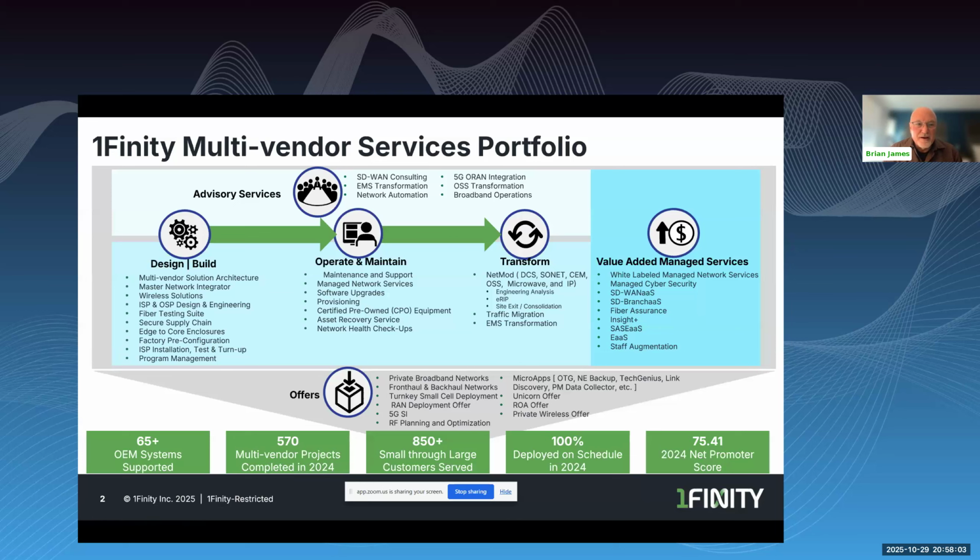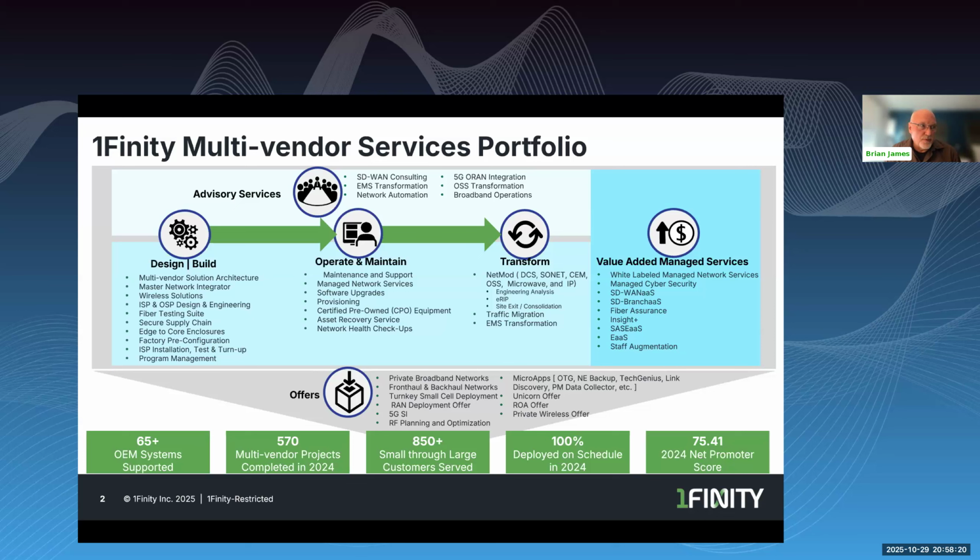Sorry about that. Again, net promoter score. What is a net promoter score? That's a customer loyalty and satisfaction marketing research metric that is utilized to measure the likelihood of a customer recommending a company's services and products. Again, 75.4.